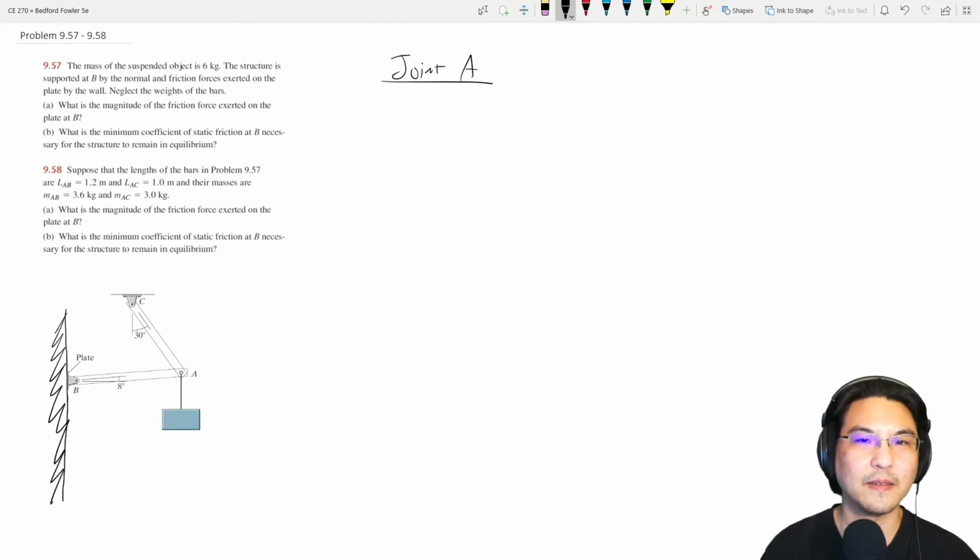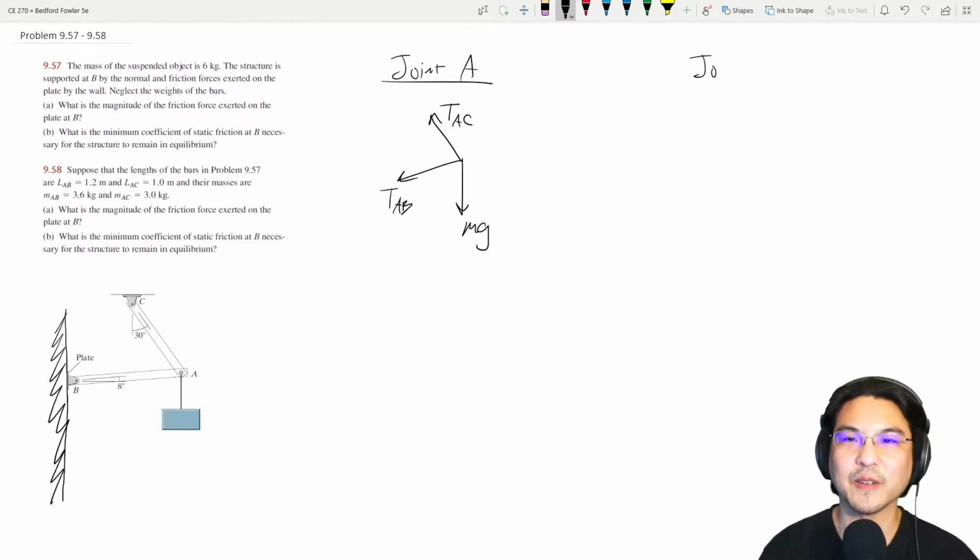I drew the axial force in tension for member AC. I drew the axial force in tension for member AB. And then there's weight here, so we know the mass: M is 6 kilograms. And then joint B,